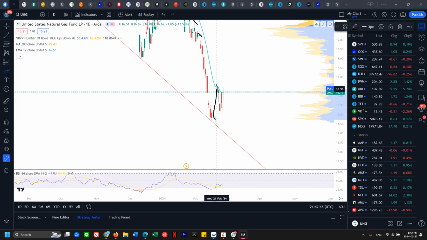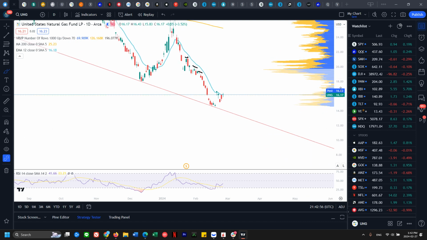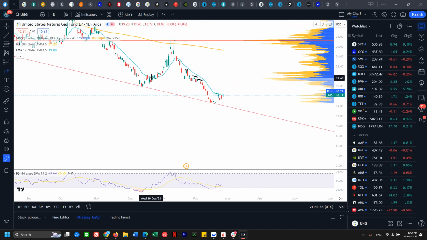Big move up, pivot being set. Now we want to break above this prior high. So this is a daily time frame. After we break above that high, we will finally have a daily uptrend confirmed. We haven't had that for a very long time. Last time we had it was right here. Big move up, pivot being set, made a higher high, higher than this high. That's a daily uptrend confirmed there.